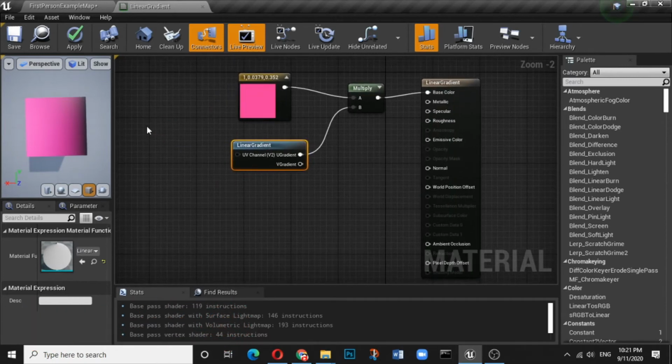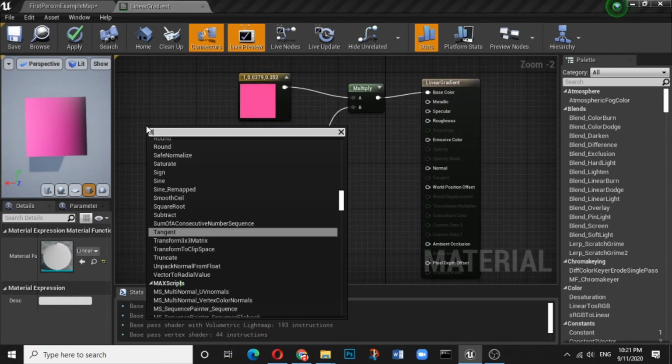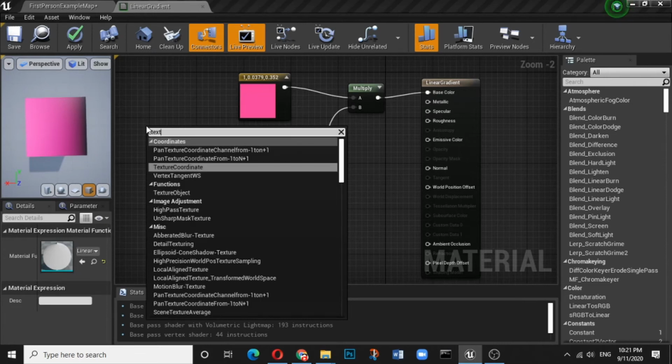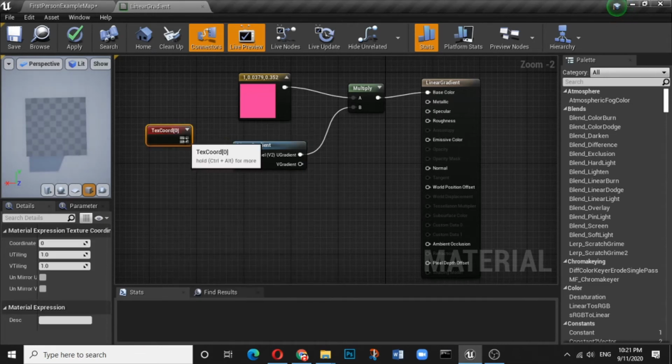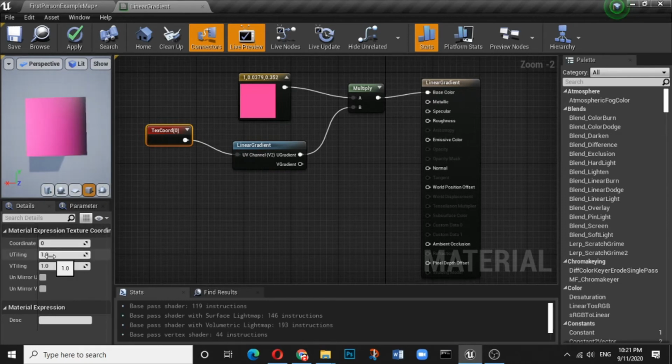Now let's do some other changes. This is the linear gradient. What we require is a texture coordinate, and we will see how the texture coordinate works along with the linear gradient.